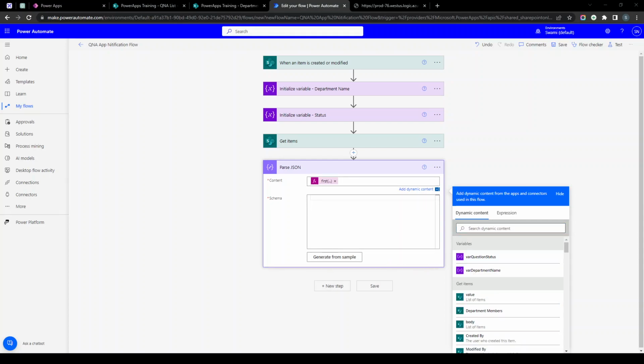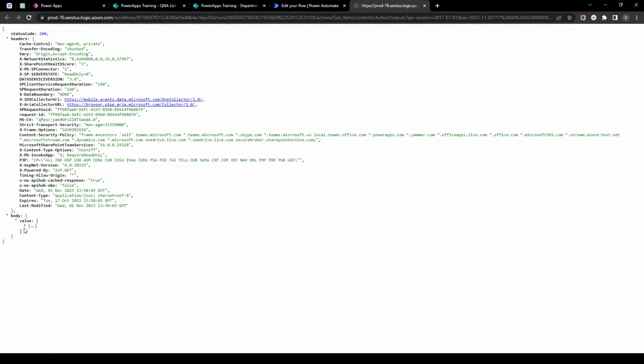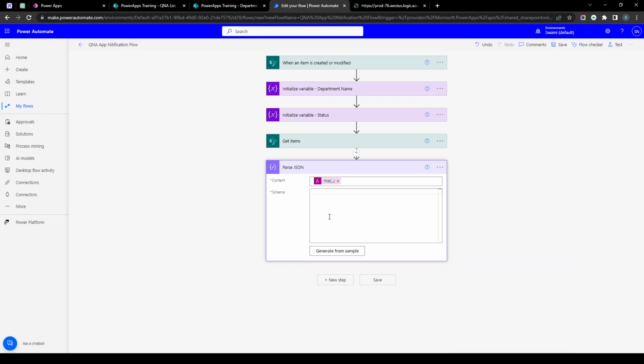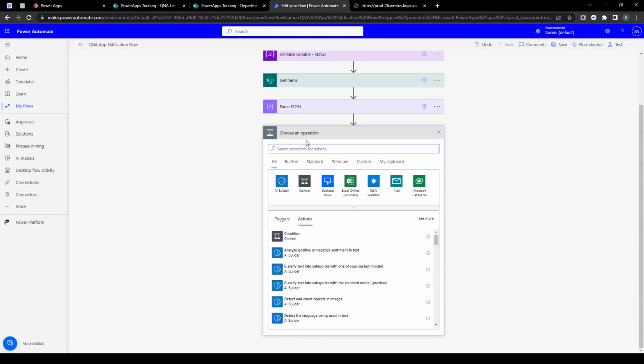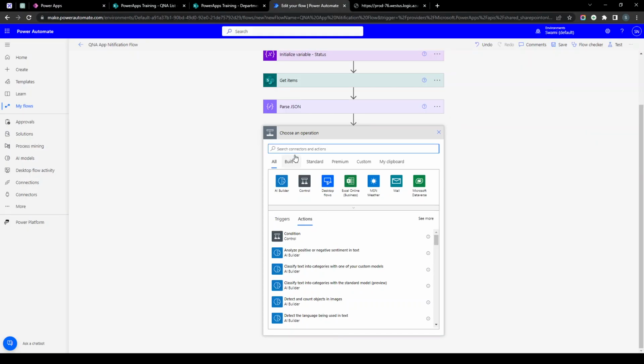And then I will pass the schema. So this schema you need to pass here. The whole complete schema you need to pass. I will put this in a description so you can just copy it and paste, right? Then after that, I am going to use a compose variable, or let's say variable, to store the item ID, because if we get this information, then we need the department members, right? So what I'm going to do,